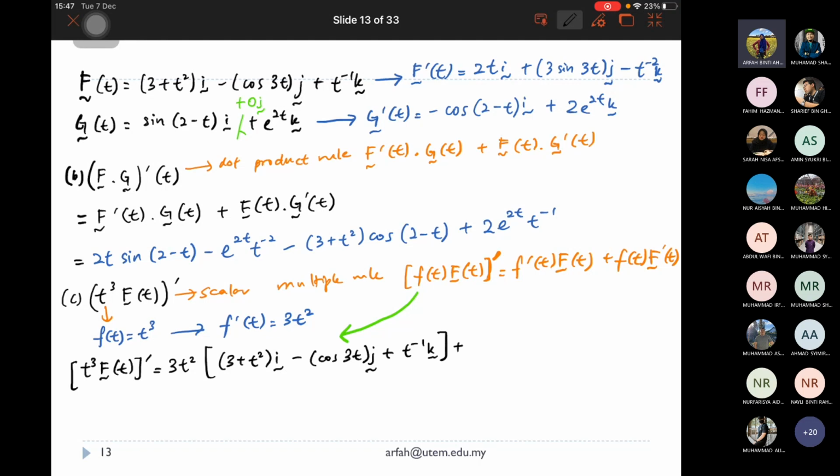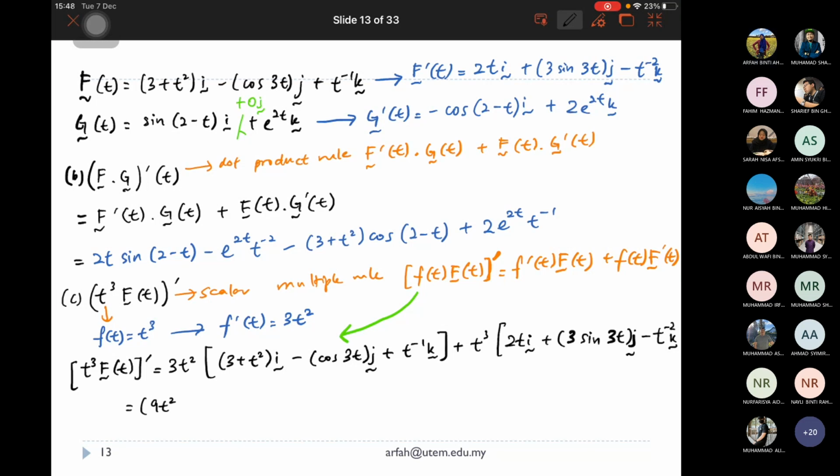Okay, ditambah dengan FT adalah T kuasa 3. F prime T adalah 2TI ditambah dengan 3 sin 3T J tolak dengan T negatif 2K. Okay, so darabkan je lah. So akan dapat jawapan dia